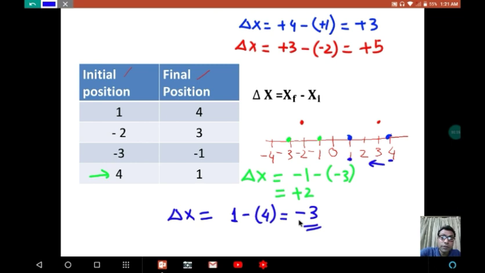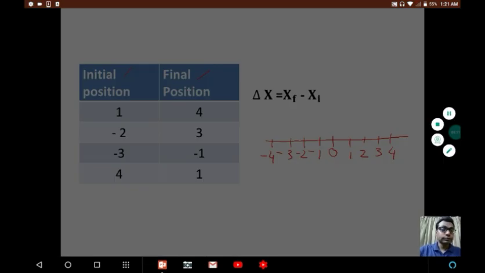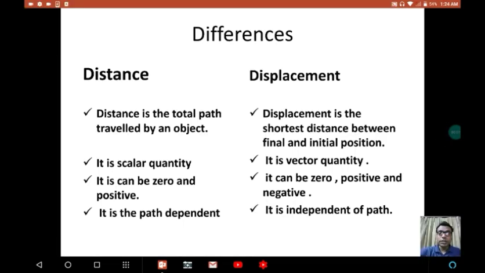Here the displacement is a vector quantity, that's why we are noting the positive and negative directions. I think it is very much clear about the displacement, how to calculate the displacement. So, distance and displacement both are used to measure the path, but in distance we measure the path covered and in displacement we measure the shortest distance between initial and